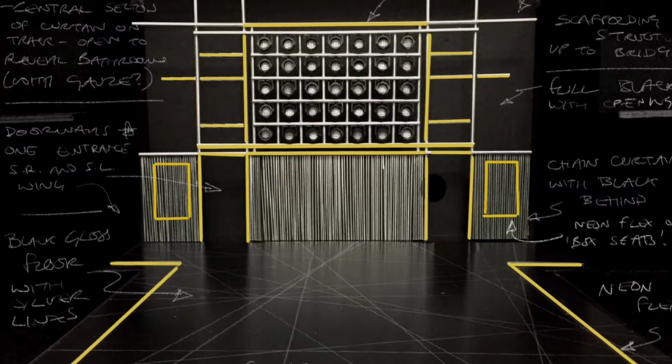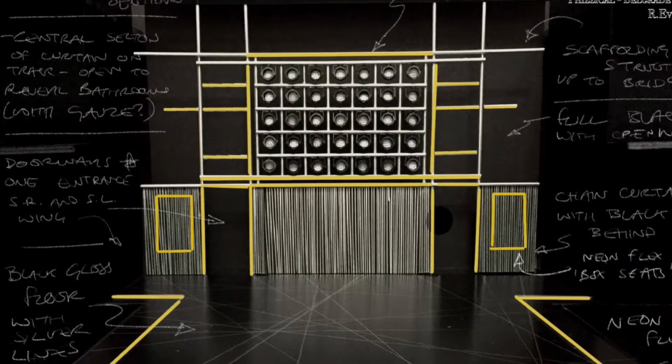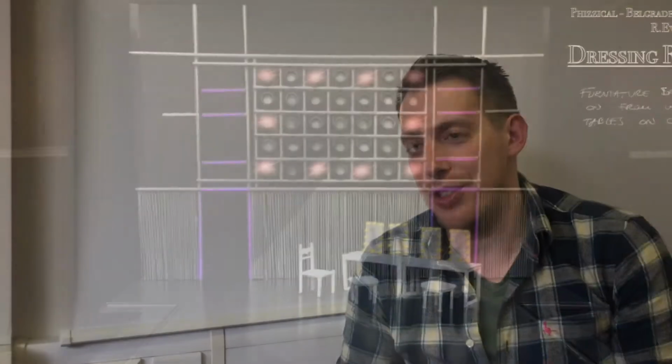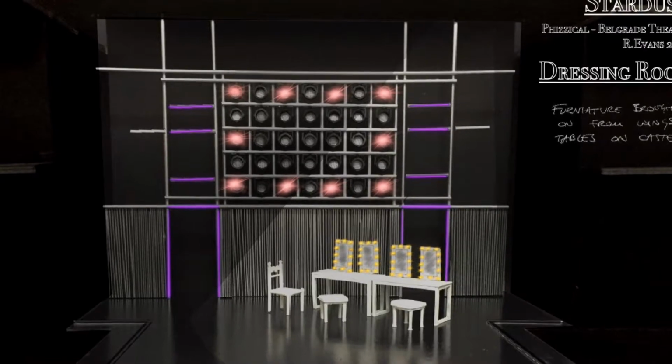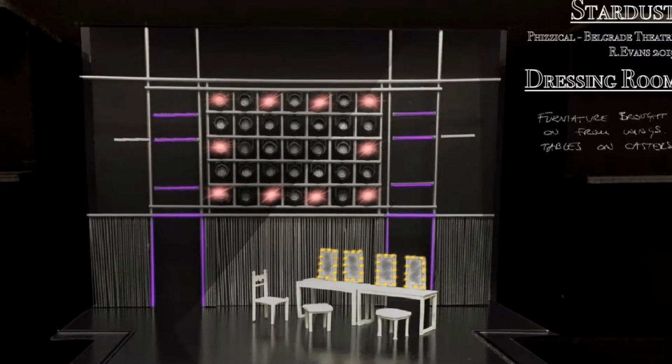So the story takes place within the music industry, and so for the design, the basic setup that we've gone for is a gig setup with lots of lighting and electrics on display. So we're utilising the wall of lights at the back to use in a traditional sense as you would when we're in the gig moments, but then to also make shapes and symbols with them when we go into different